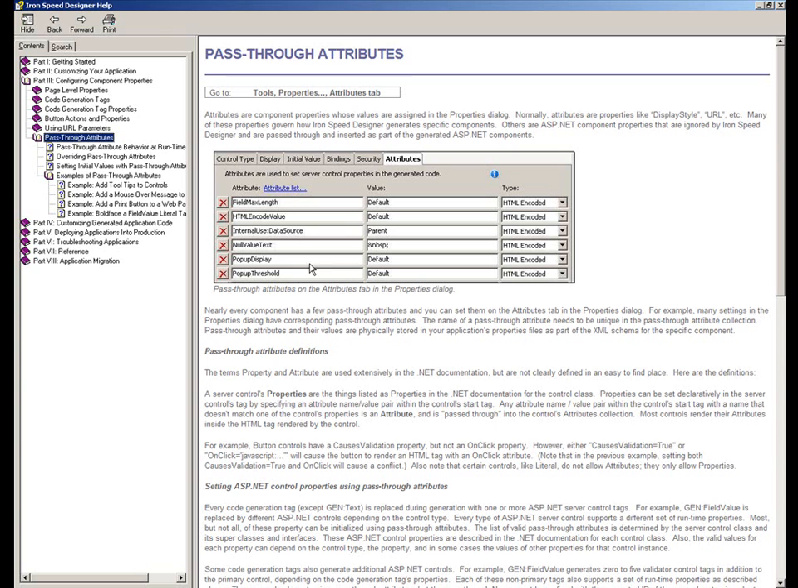So the pass-through attributes help is available within the IronSpeed Designer help in Part 3 under pass-through attributes, and there are a number of examples in here which I'd advise you to have a good look at when you begin to start looking at how to apply pass-through attributes to your code. Let's pop back to Designer though,